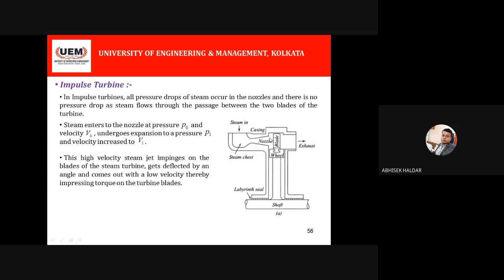That's why several times I have told earlier that whenever you draw the HS plot or your TS plot, say for HS plot from 1 to 2, that is the turbine work, right? You are dropping the pressure. That is happening where? That is happening in this nozzle, not in this blade. But the nozzle, as I told, is inside this turbine casing, so it is not considered as a separate part. The nozzle is inside this casing. So this pressure drop is only happening in the nozzle, not in the blades.